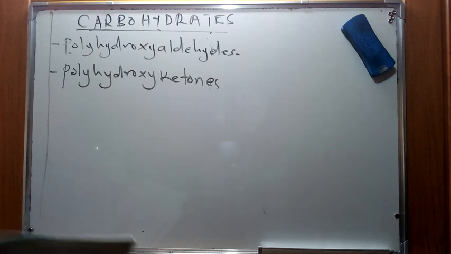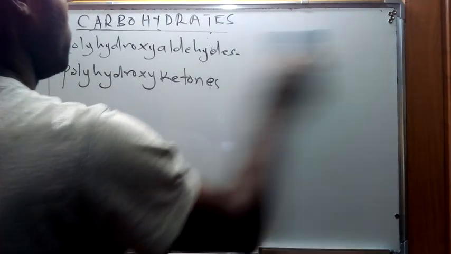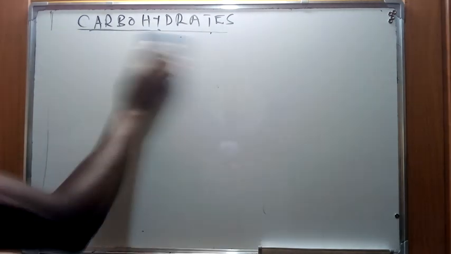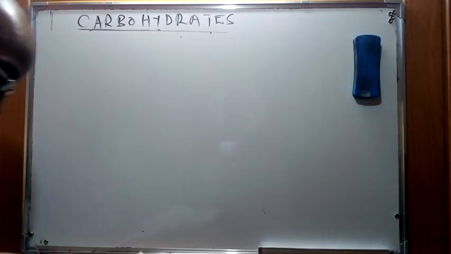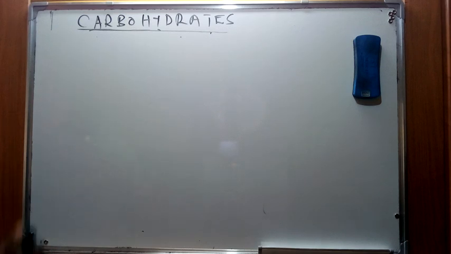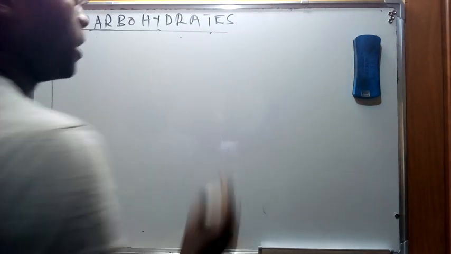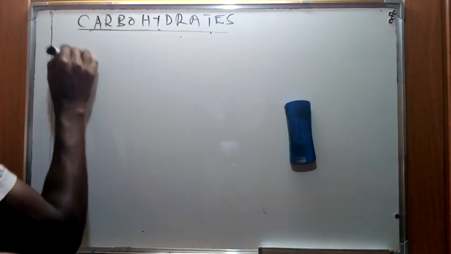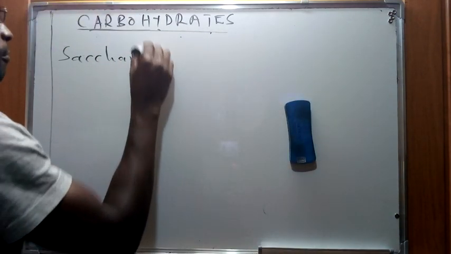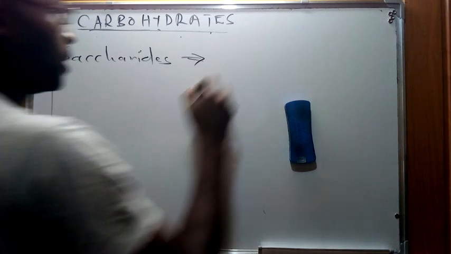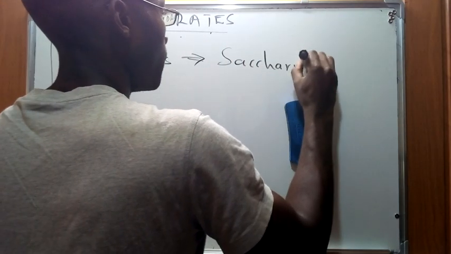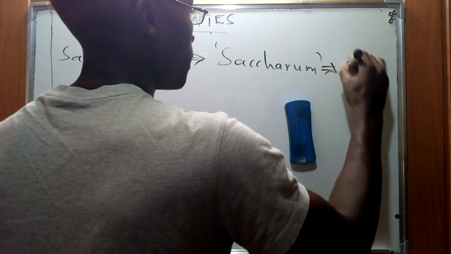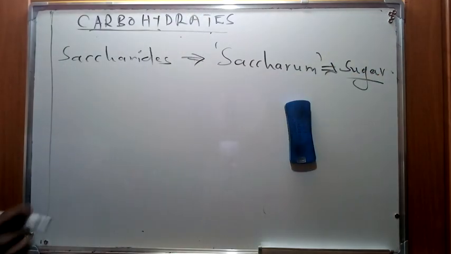Now basically then we're going to move into classifications of these carbohydrates and try to see which are some of these different classes of carbohydrates that we have. Now for classification of carbohydrates, they are classified based on the word saccharide, which is derived from the Greek word saccharum, which basically refers to sugar. So basically these are just sugars, as we can roughly say, and therefore we're going to use different prefixes and this